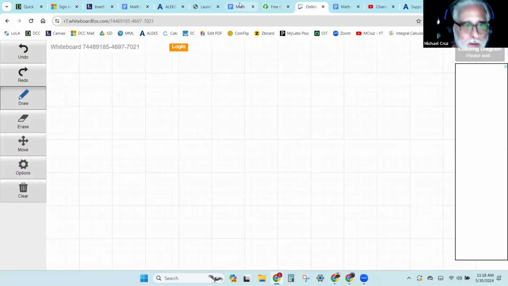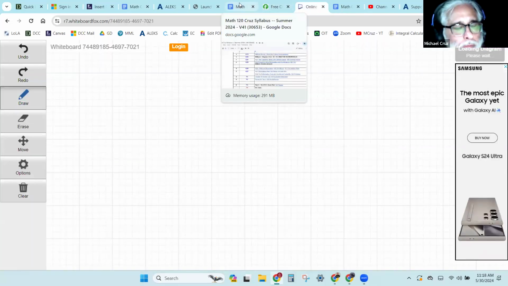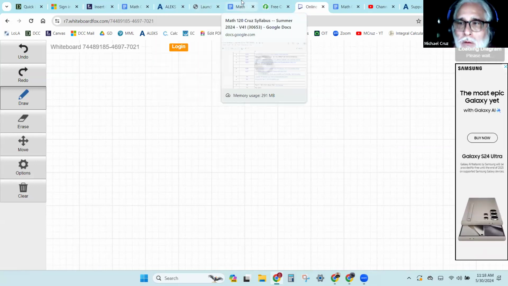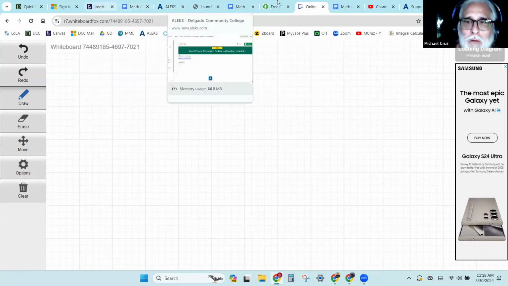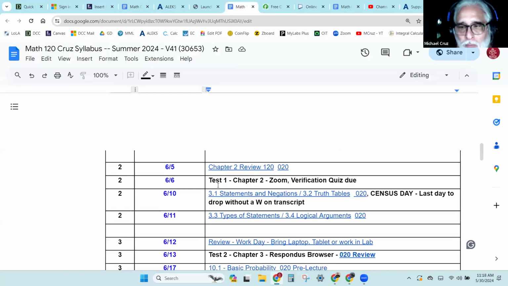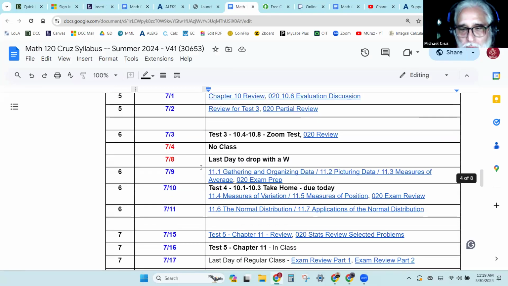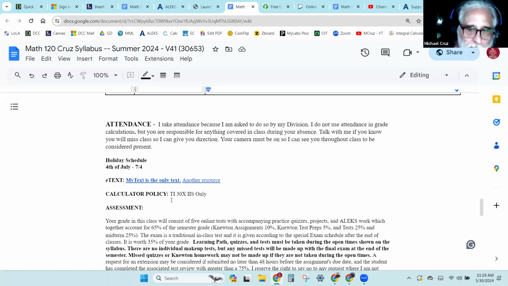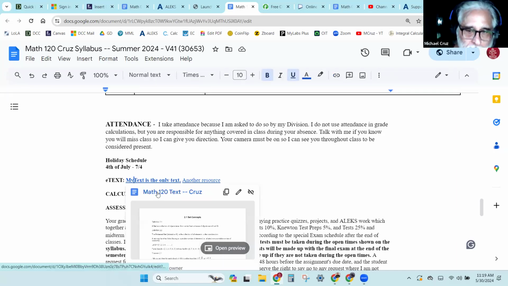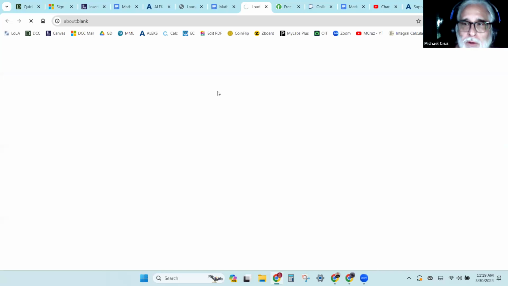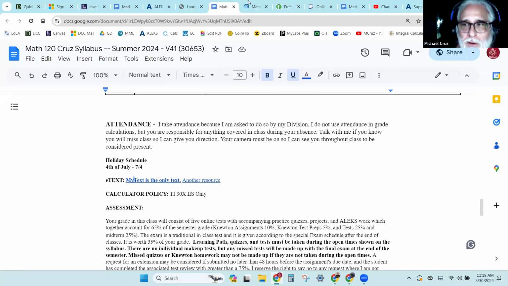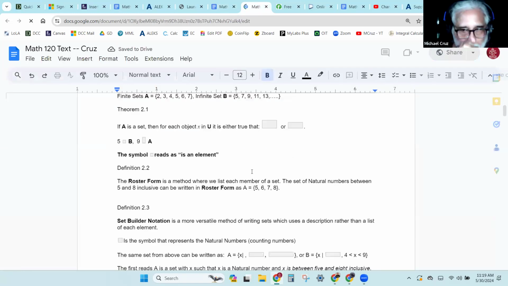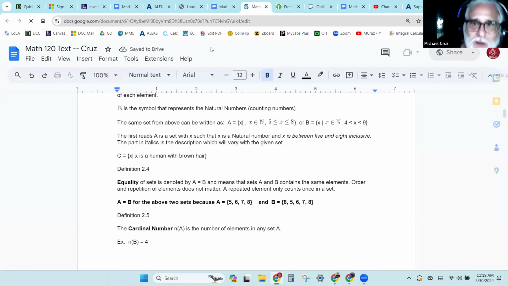So let's see what else we can get into. And remember, this is where I'm getting my notes that I go over in class, right there where it says e-tags below the calendar. All right, let's talk about the difference between